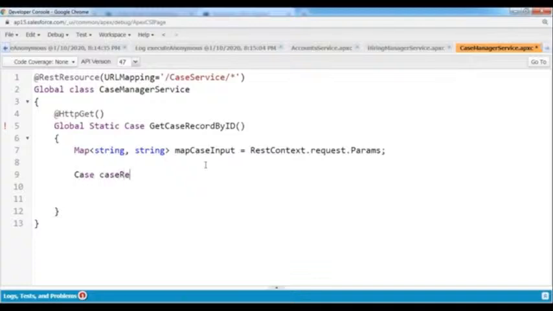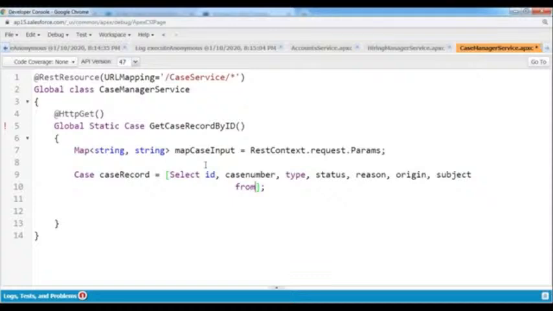Case record equals to the case information: select ID of the case record, case number, type, status, reason, origin, subject from the Case object where ID parameter is supplied. How can we specify that? ID equals to